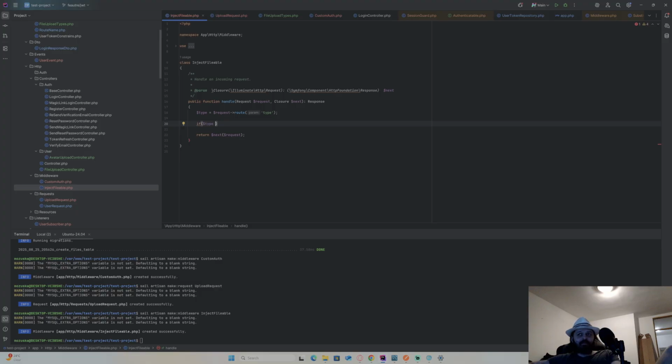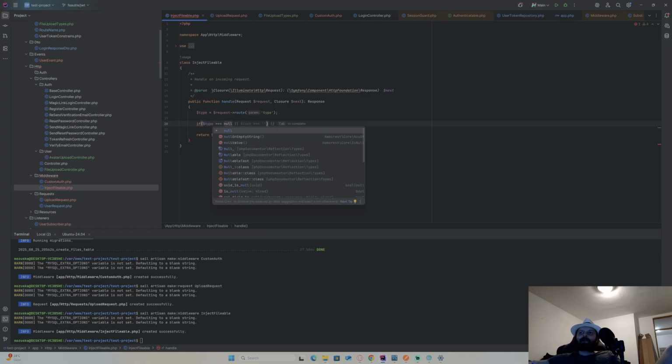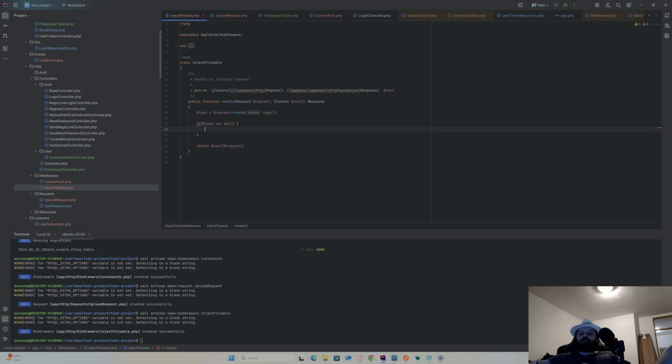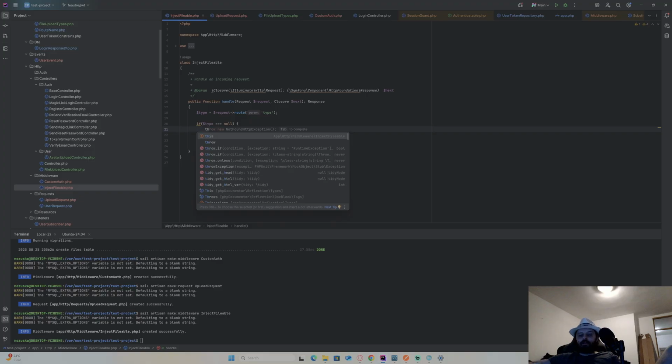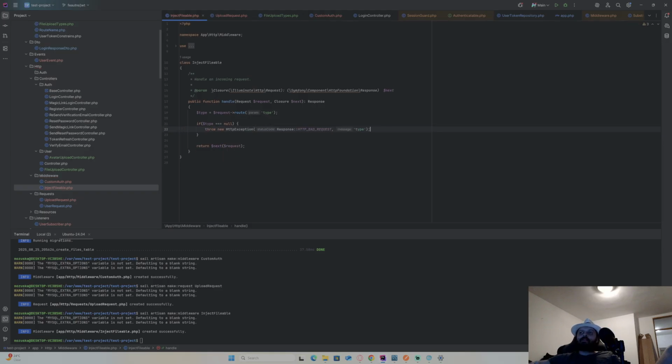I'll put it like just this. If type is identical to null, so if there's no type in the input, I'll just throw a new exception here. Throw new HTTP exception, bad request. Yeah, okay, that's true. Message: type is required. This looks to me like validation, but okay, if there's no type by any chance in the route, then we'll just put this one. And now I have my type.